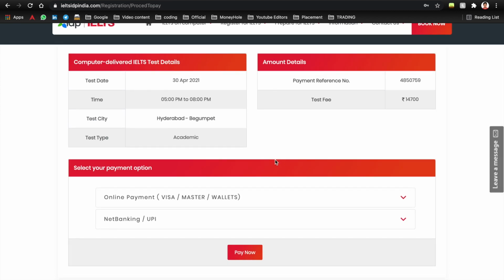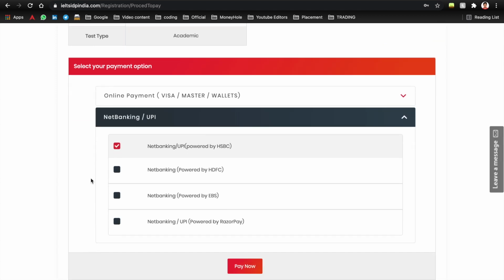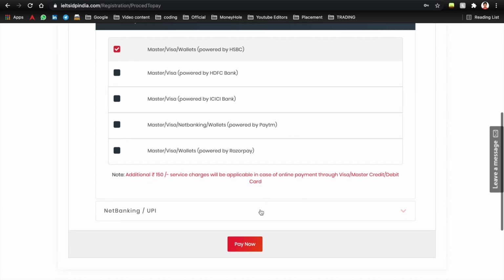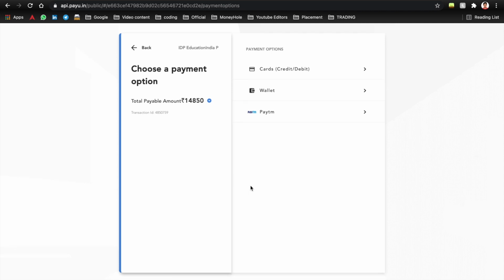You can see that we can do it either via online payment through cards or any online wallets, or even net banking or UPI IDs. So depending upon your situation and the type of payment you want to opt to, you can select from these options. And once you hit pay now, it will redirect you to the payments page. So once you pay the amount from this page, a confirmation mail will be sent to your Gmail, and later on a text message or a Gmail message will be sent to you regarding the date of the examination and also the time you need to be at the center.